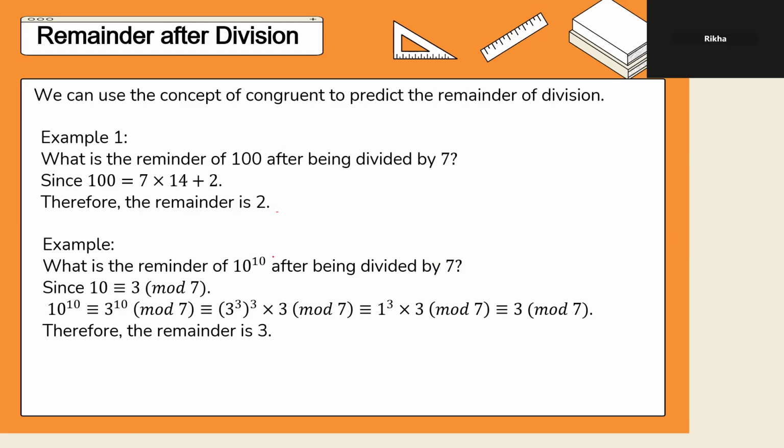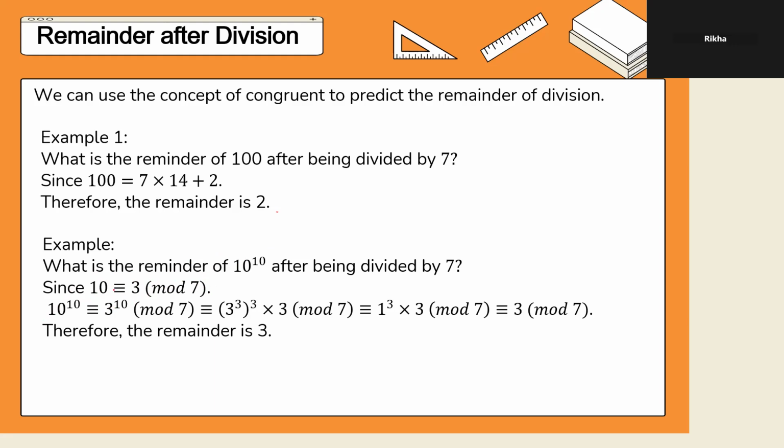Now, this is a bit hard to imagine. So in this case, we can use congruence to solve this problem. We know from the start that 10 is congruent to 3 modulo 7, right? Yes. So we use this fact to simplify: because 10 is congruent to 3 modulo 7,